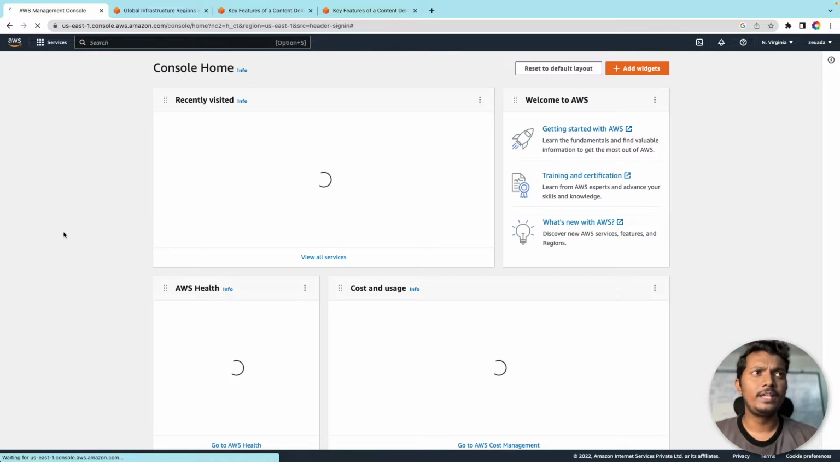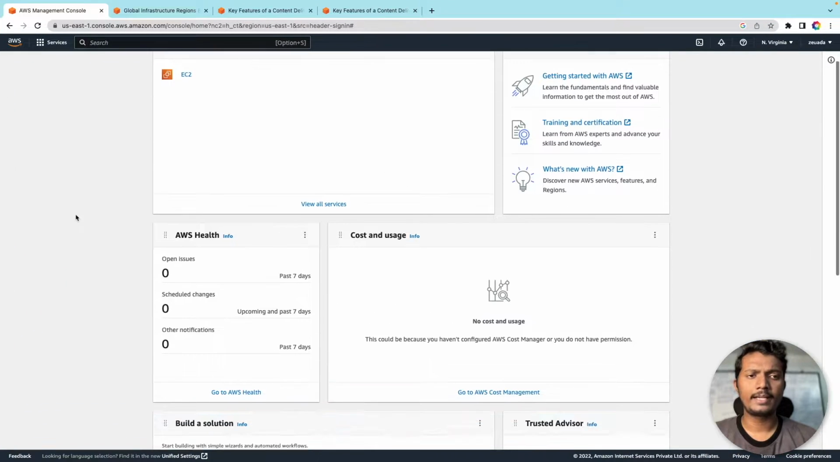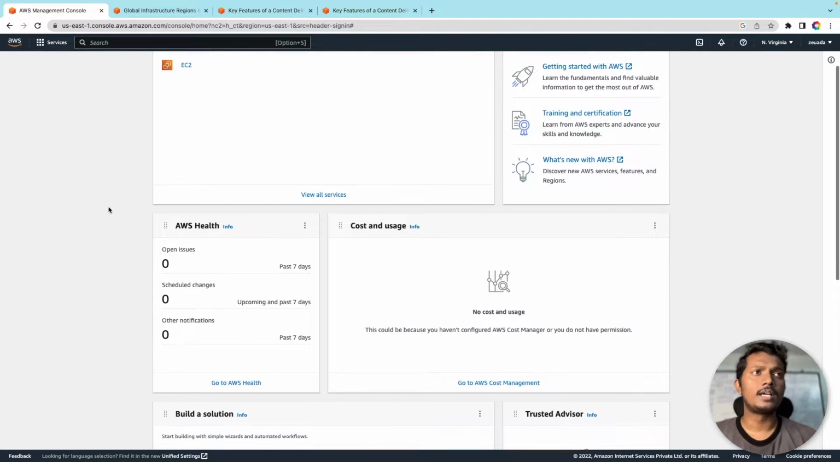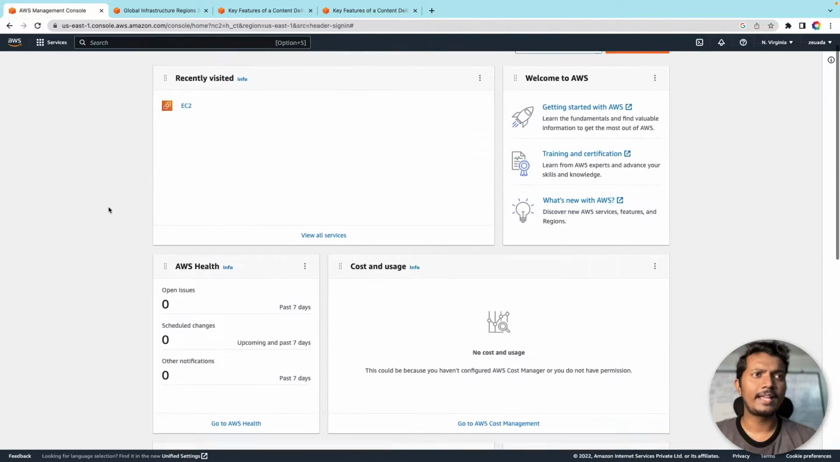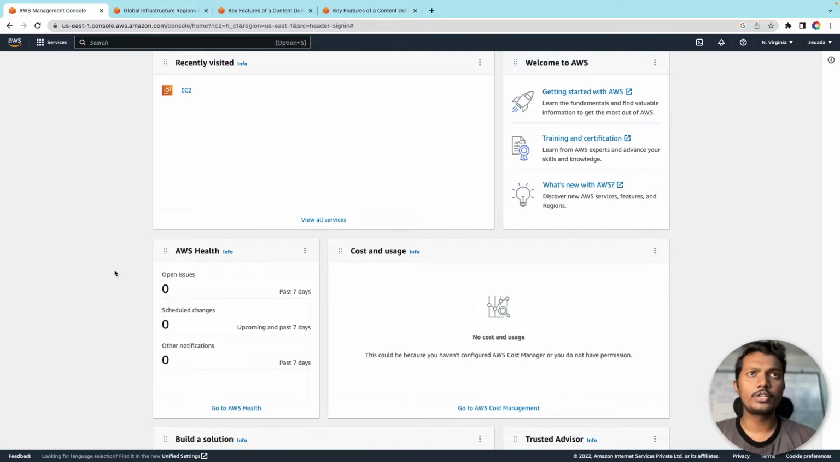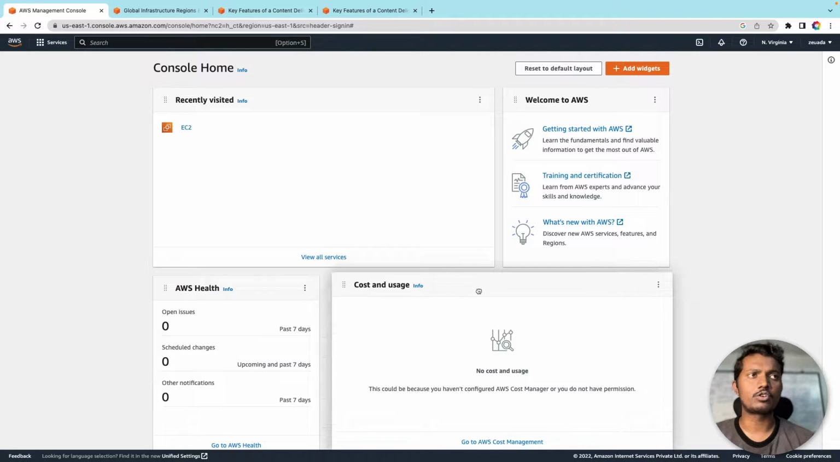Okay, so we have logged into our account. This is how the root console looks after login. In the recently visited tab, we will see all the services that we recently visited. We'll talk about this later. Also, this is a dashboard. You can customize everything on this dashboard, like cost and usage. Whenever you use any service, all the cost and billing will be shown here. Also AWS Health, you can customize here, you can drag and drop everything